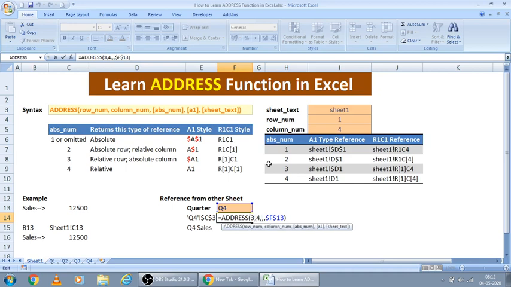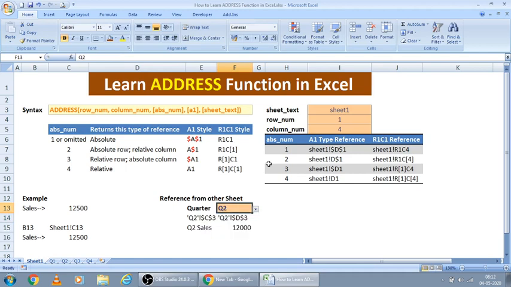For the absolute number and A1 type reference, I am just leaving blank. I am giving the link for sheet text here. Based on the selection, the data will change automatically. To show the value in this particular reference, as I said earlier, I am using the indirect function. This will be useful if you have multiple sheets and you want to get the data in a particular sheet without actually going to that sheet.